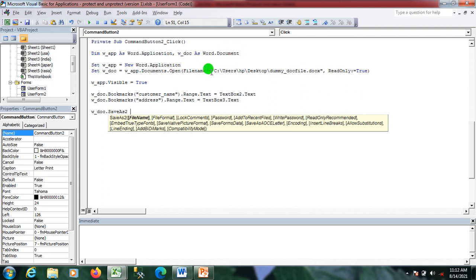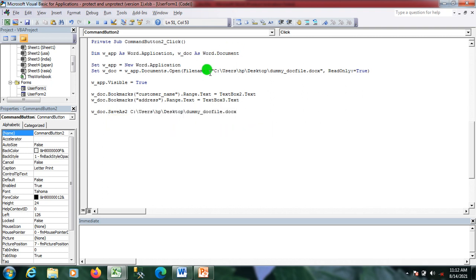I simply copy this path that I have, in double quotes.